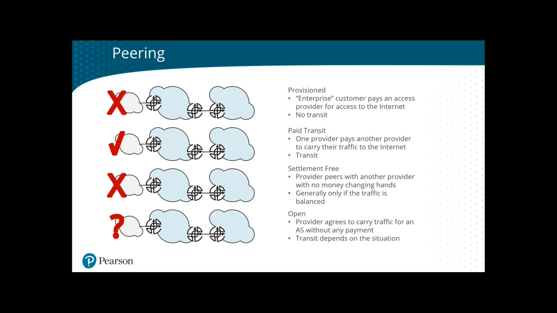Now, paid transit is when one provider pays another provider to carry their traffic to the internet. So here, when I put the check mark, I mean this is a transit peering session. This upstream provider will accept AS paths with some other AS in the AS path. So this provider here can actually sell upstream to some other company or some other organization if they want to. Now, settlement free